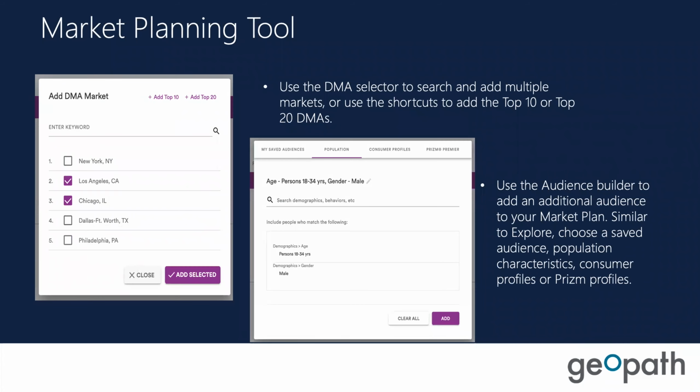So looking here, similar to the O-Plan tool, you can add your top 10, or add top 20, or just specifically pick or enter by keyword, searching for the different DMAs that you want to include. Also, you can pick your audiences, and again, you can look at the market average functionality now across the different consumer profiles, prism segments, as well as the other census-based metrics that you can currently do in the O-Plan